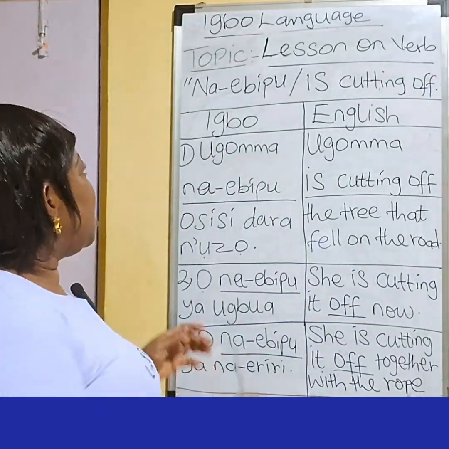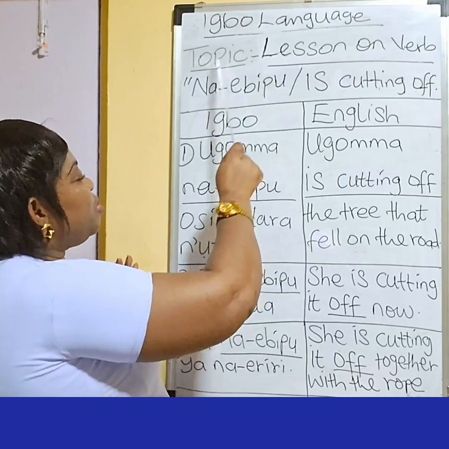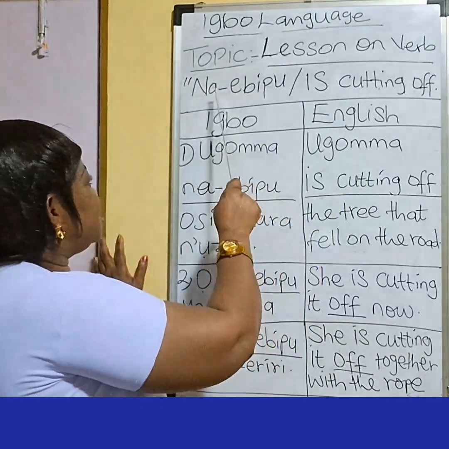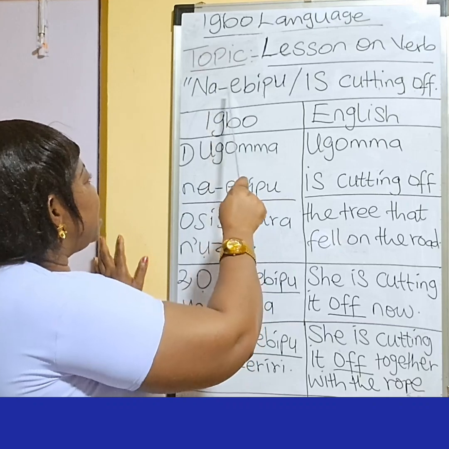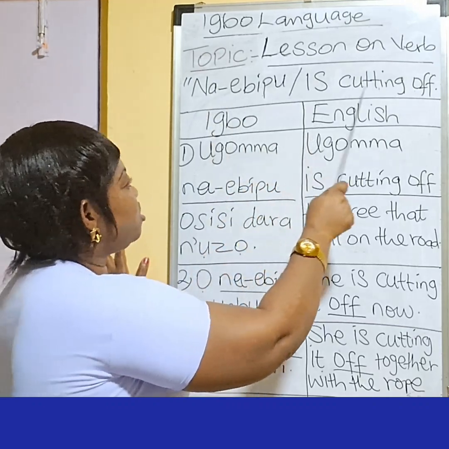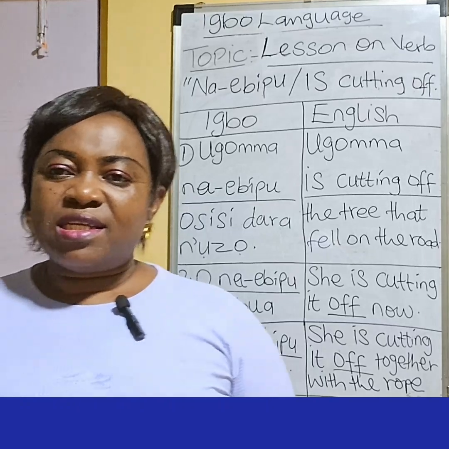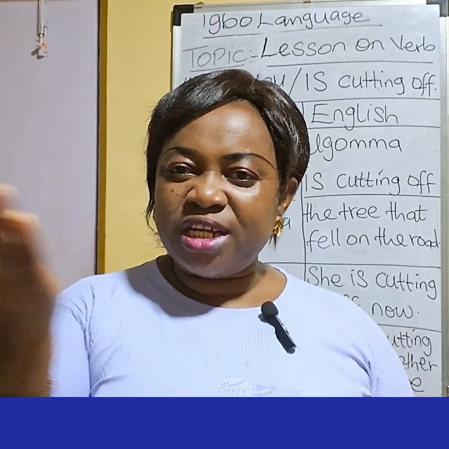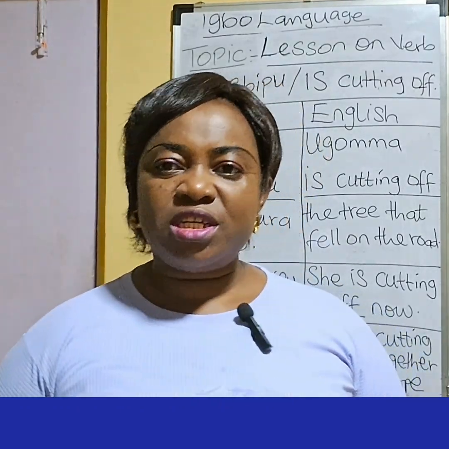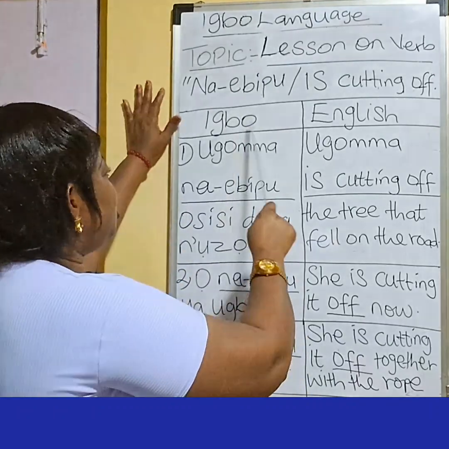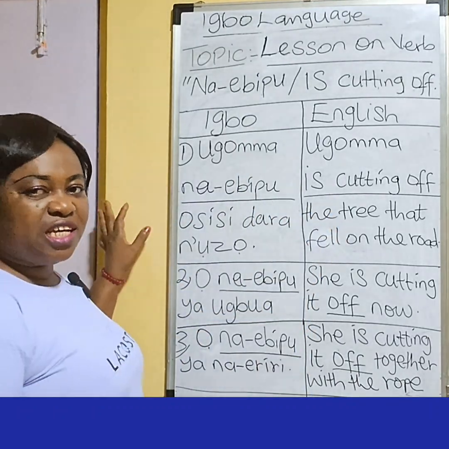We have Igbo language. Our topic says lesson on verb na ebipu, meaning is cutting off. Our topic today says na ebipu is cutting off in English. Let us see it in sentences. Igbo, English. The first sentence is